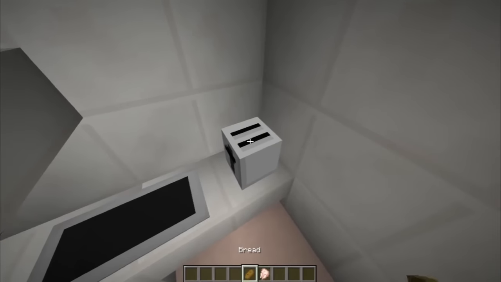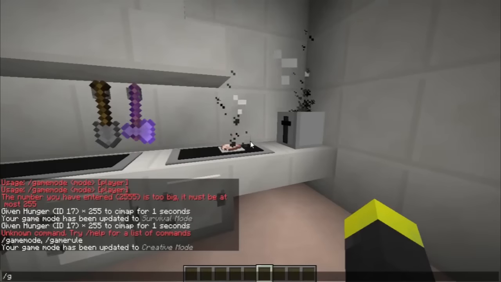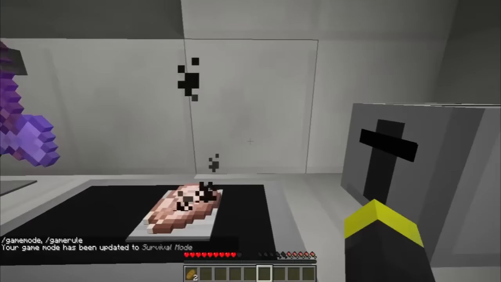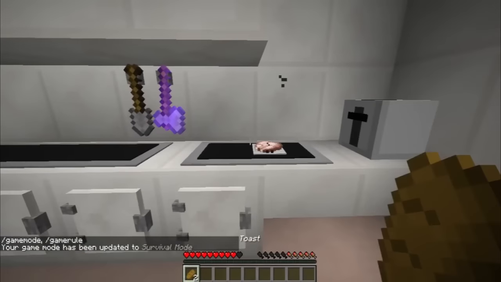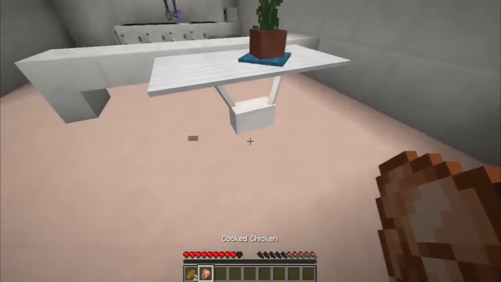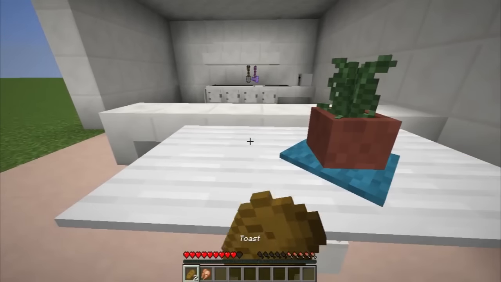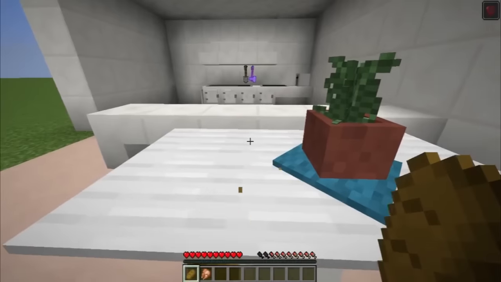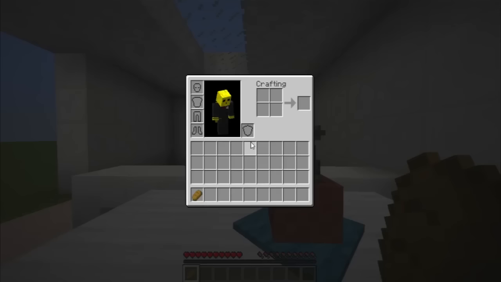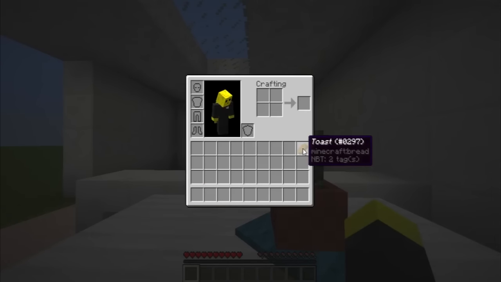Okay, so let's drop some bread here and some chicken here on the induction plate, and let's wait for it. There we go, the toast is ready, and also the chicken. Now we can go in front of our dining table and we can actually eat it. So I'm gonna go before with the toast because it gives me a little bit of regeneration, and then we take the chicken. Actually, now I have an extra toast that I'm gonna keep here